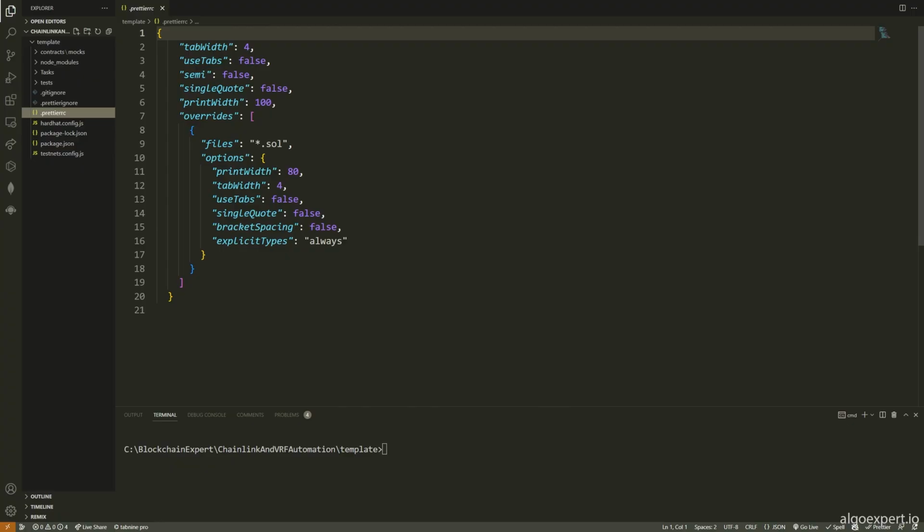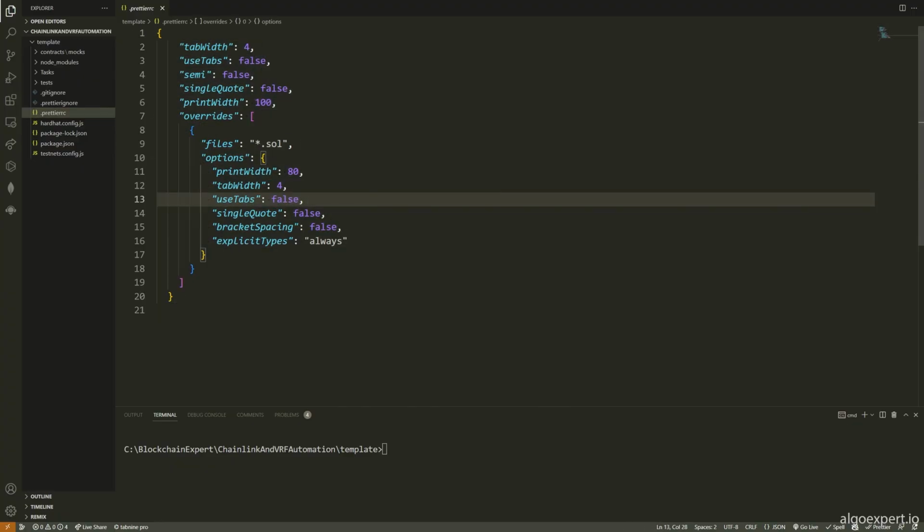We then have prettier RC. Again, this is some settings for the prettier extension. If you're not using that, don't worry about it. We have